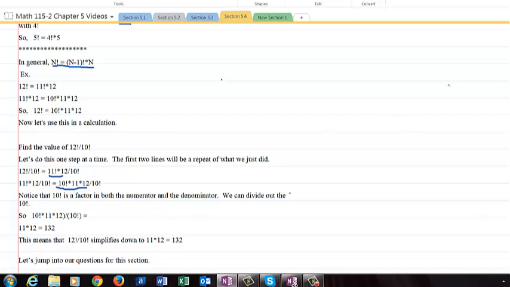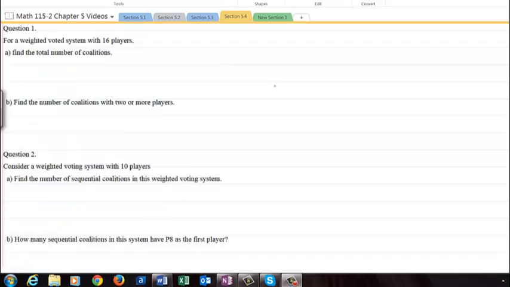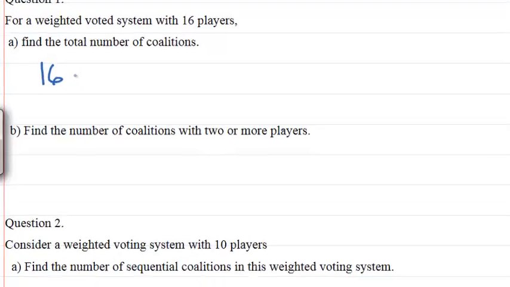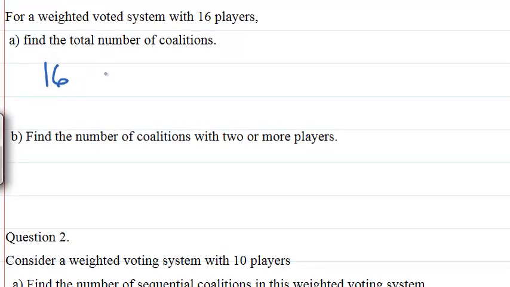Let's jump into our questions for this section. Question 1. For a weighted voting system with 16 players, A, find the total number of coalitions. When the question does not say Shapley-Shubik or sequential, then the coalitions are Banzhaf style. 16 players in this one. I will use the caret symbol to designate exponents. 2 to the 16th